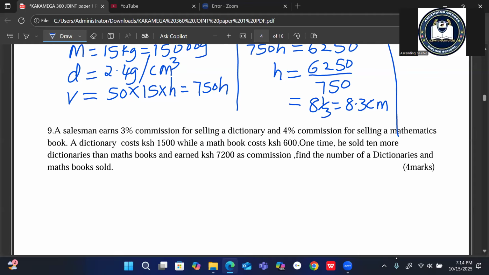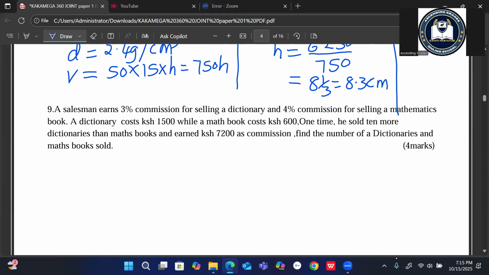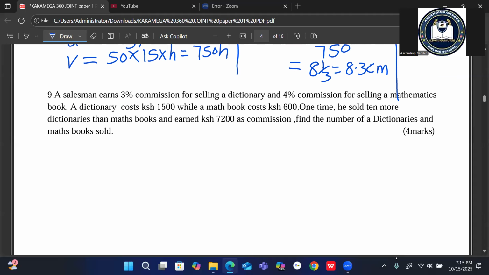One time he sold 10 more dictionaries than maths books and earned 7,200 as commission. We are told to find the number of dictionaries and maths books sold. So we let the number of maths books sold be